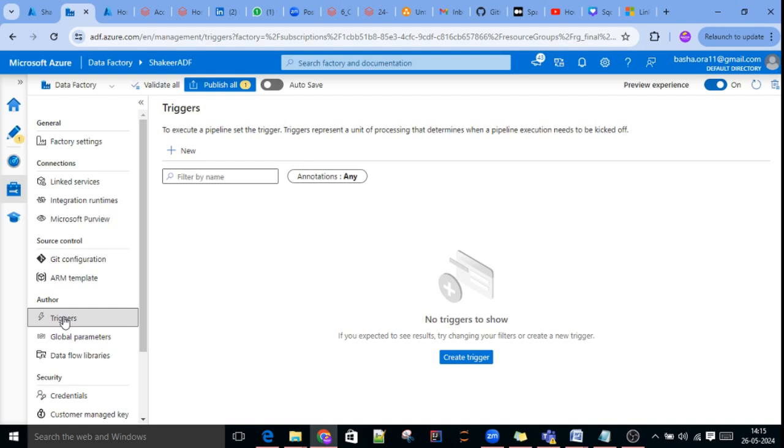For example, I want to load the source Oracle table every day. My table will be updated every day morning at 7 a.m. So at that time only I need to run my pipeline. So using Azure triggers, we can schedule the pipeline so that it will start execution exactly at 7, or 7:15, or